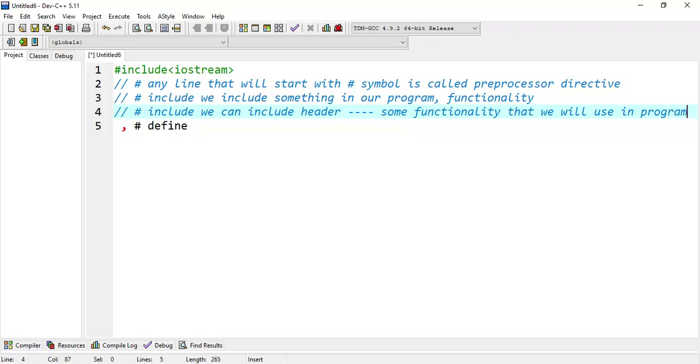This functionality is already written by someone and we will use it in our program. So for the purpose of using that functionality, we write #include and that header file is enclosed in angle braces. So we will write an opening angle brace and a closing angle brace. Here we will write the name of the header file.